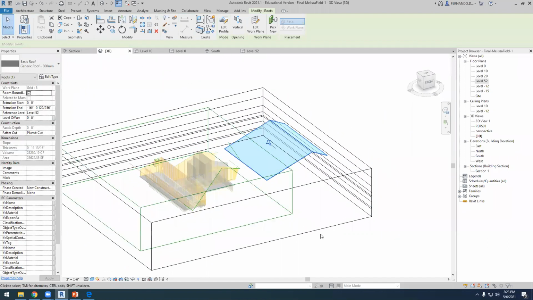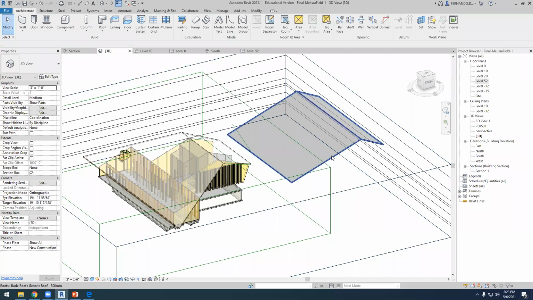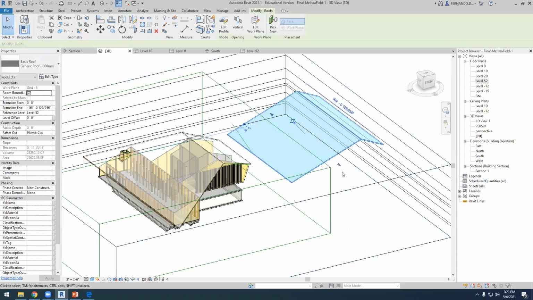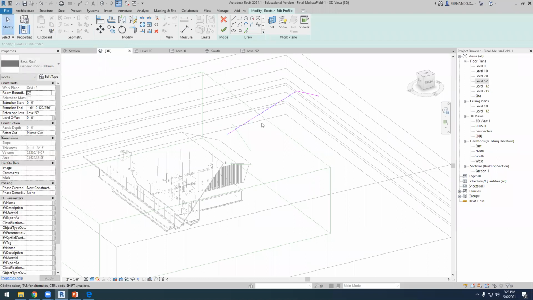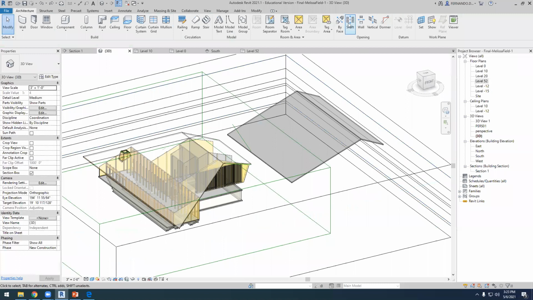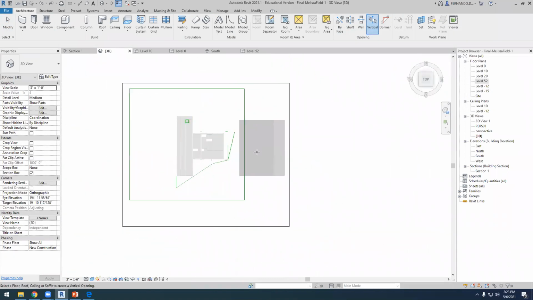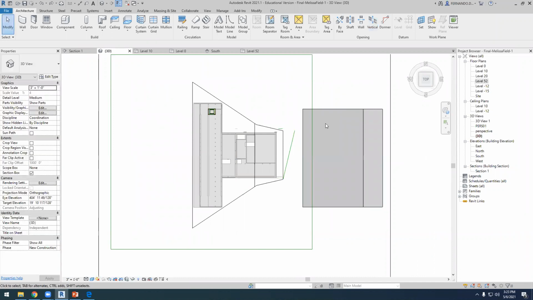But if we try to edit the footprint, we can't, because if we edit the profile, this is the profile. How can I open something here? It's impossible. So you have to use this shaft or these vertical openings. So if you use a vertical opening in that roof,